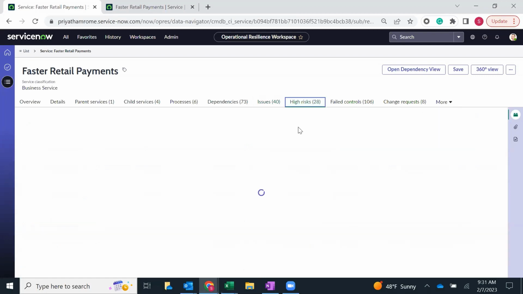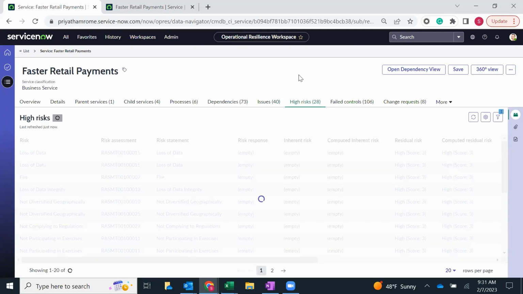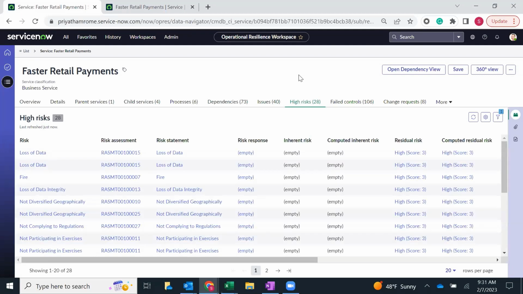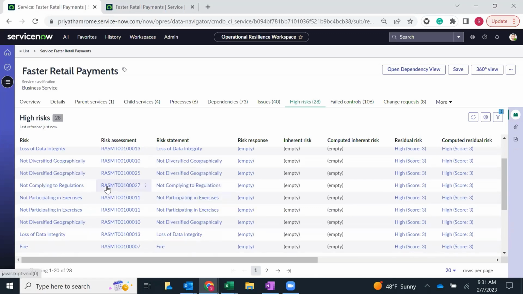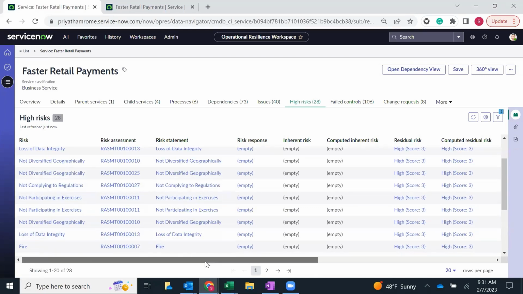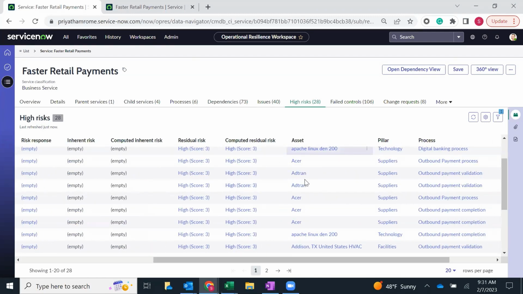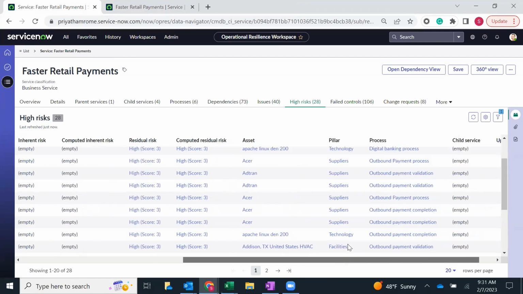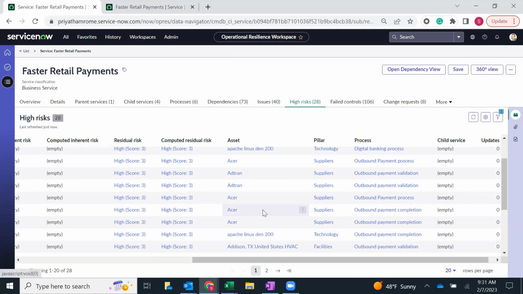In the same way, there could be a risk assessment team. This could be the operational risk assessment team who's doing your risk assessments. So we just pull in that information from the risk assessments here, so you don't have to go and do the risk assessments again. It could also be split within the operational risk team as IT risk assessment, process related risk assessment, facility related risk assessment, or site risk assessment. All of these are getting pulled in, and we will map it to the asset that is getting impacted because of the risk, and the pillar that the asset belongs to, as well as how this rolls up into